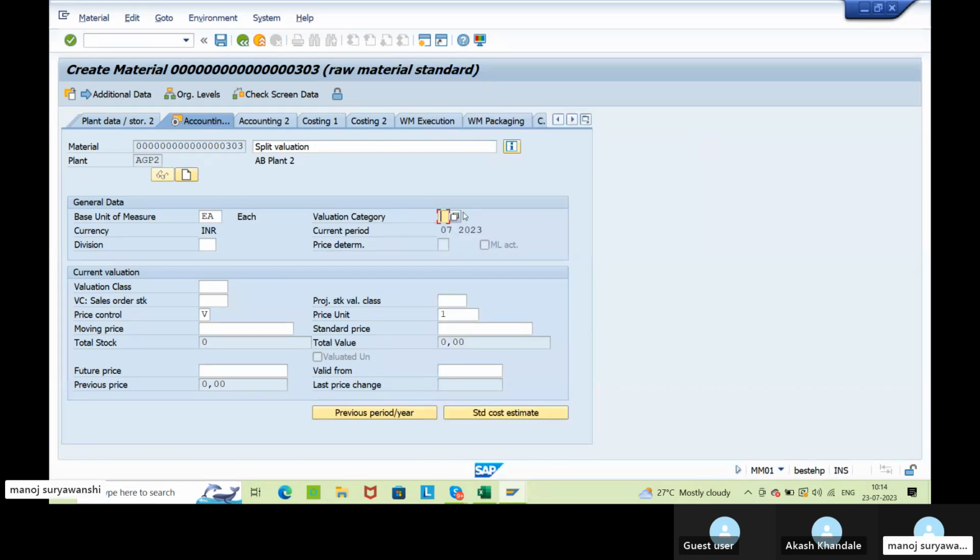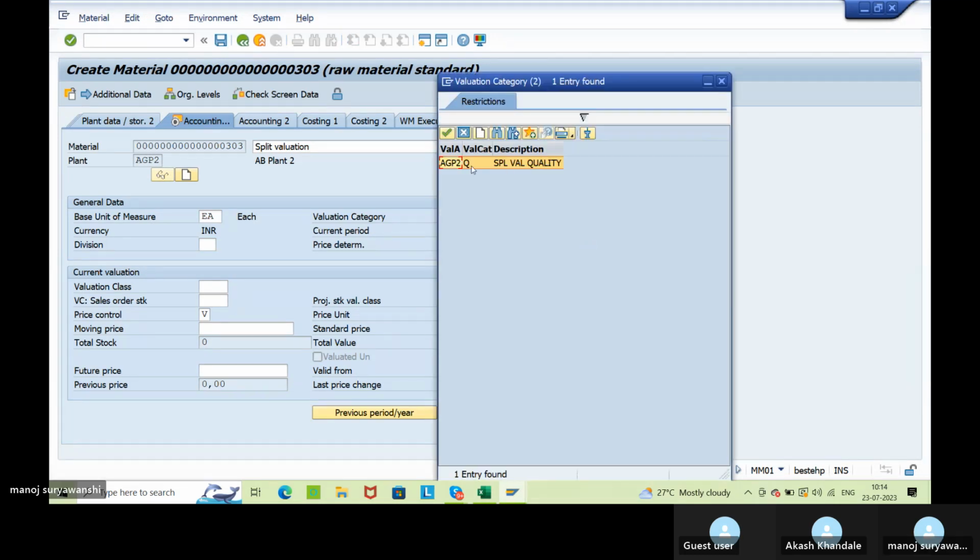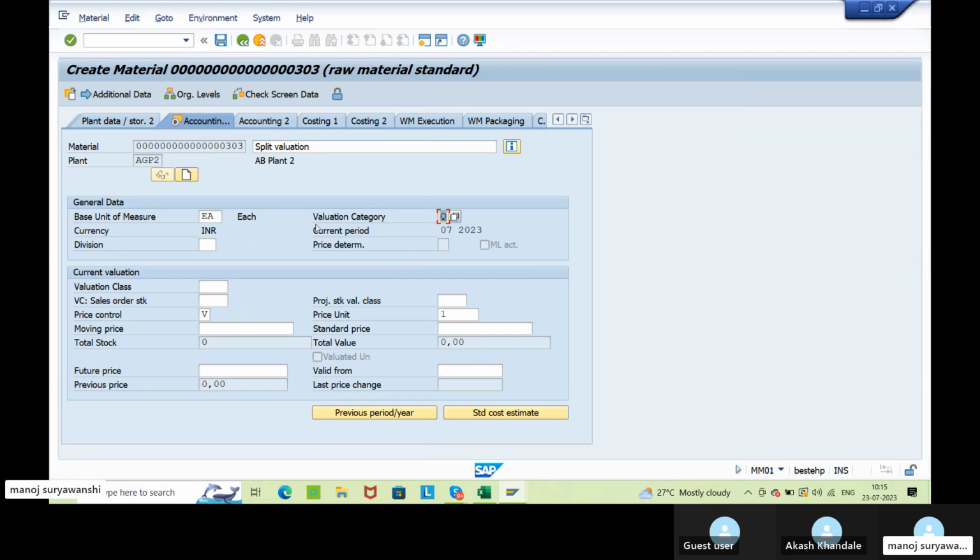Now again we will have only one type here, valuation category Q. So you enter the valuation category Q here. तर जेव्हा आपण ही व्हॅल्युएशन कॅटेगरी इथे एंटर करतो, सिस्टम gets to know that this material in this plant AGP2 is split valuated, म्हणजे याला एकापेक्षा जास्त प्राइस असणार आहेत. Enter. Okay, now you see valuation class is not mandatory here